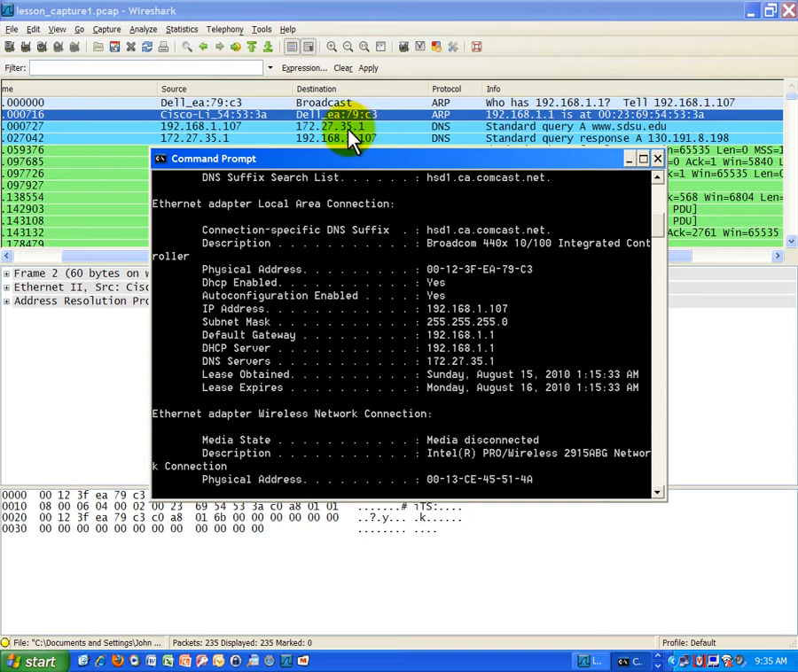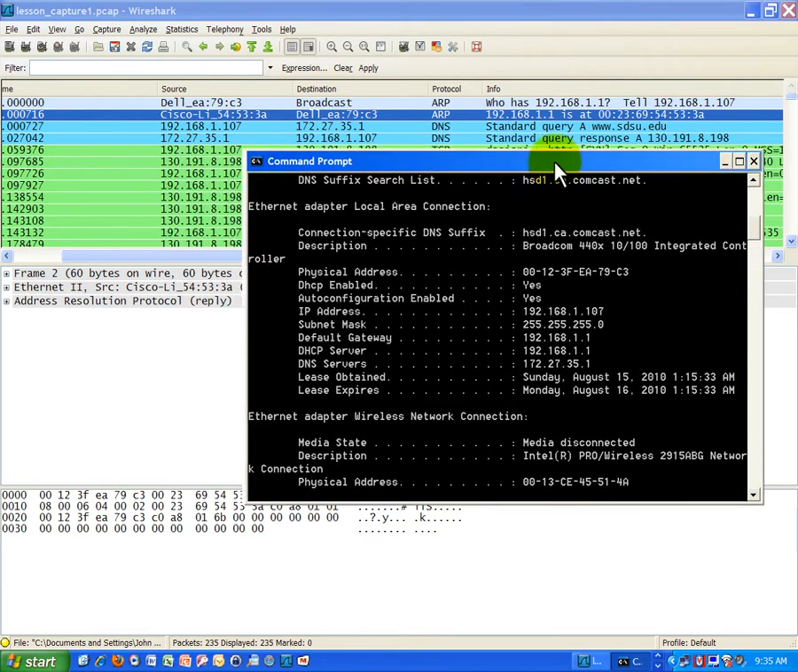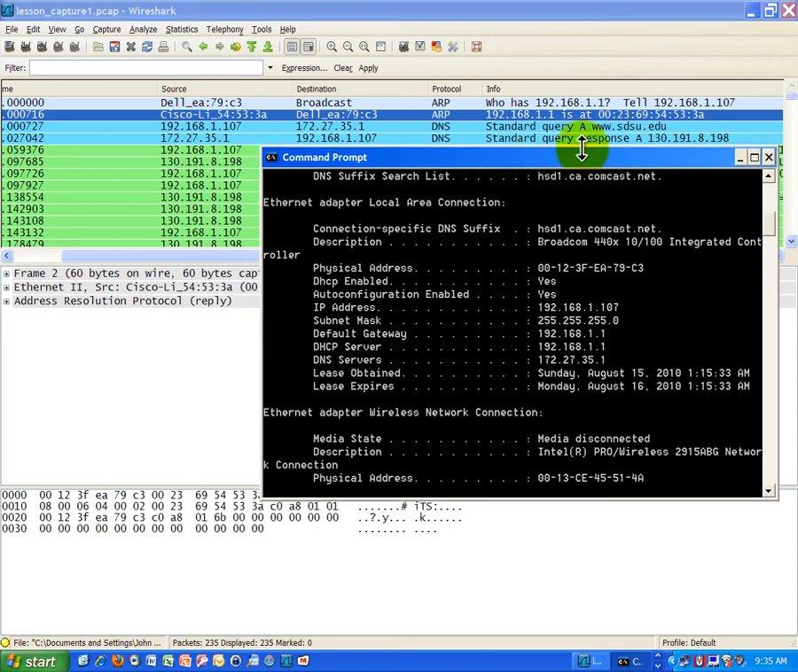And basically, once it gets that IP address, it sends it back directly to my computer. So here is the actual response. It says the standard query response. A means a host record. Basically what it's saying here is 130.191.8.198 is the San Diego State University web server, and once I have that, I can then, in the following